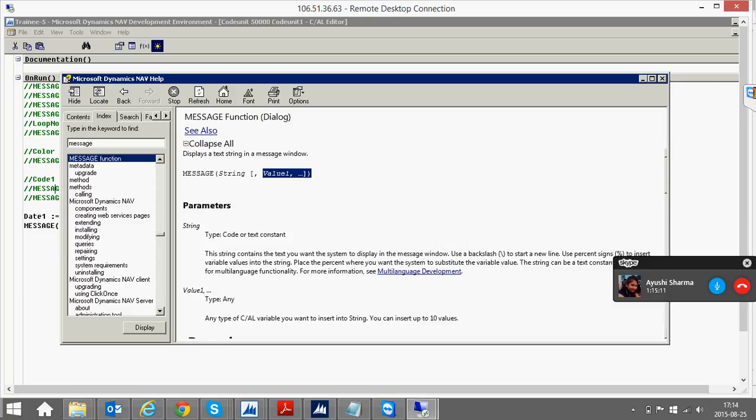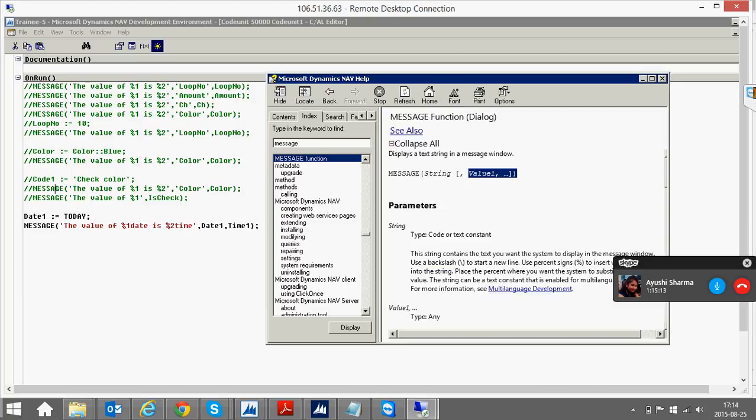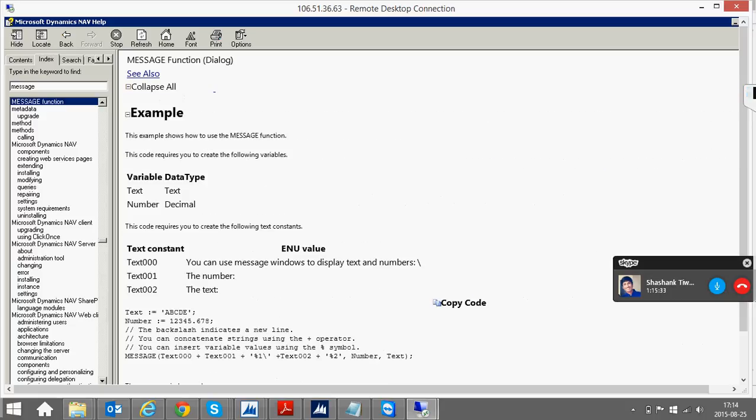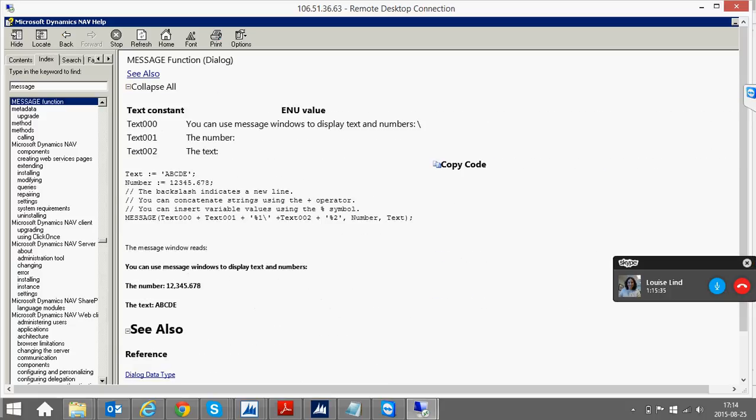Okay, so this in single quotes which I wrote, the value of %1 is %2, it means I mentioned this in a string, and then I have mentioned the values. And you can see this is the optional value, they have written value 1 dot dot, so you can mention n number of values. Also you can read the help, and you will get an example also. You can see